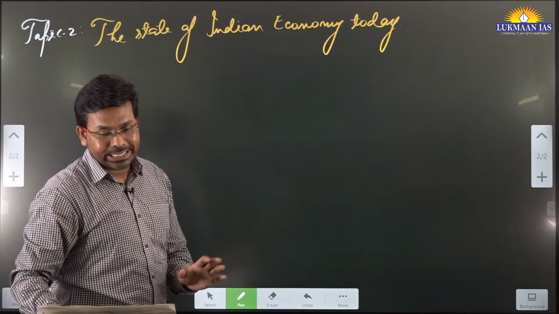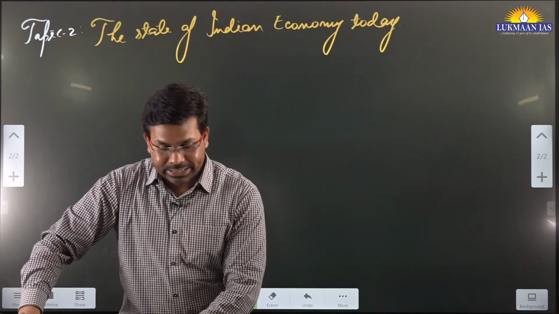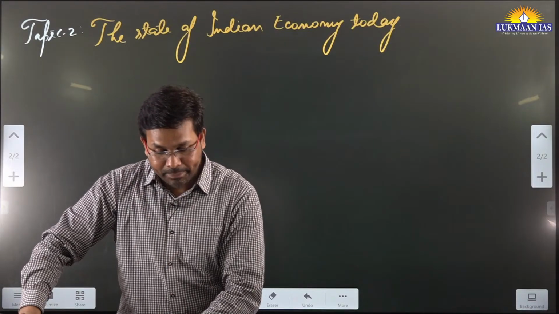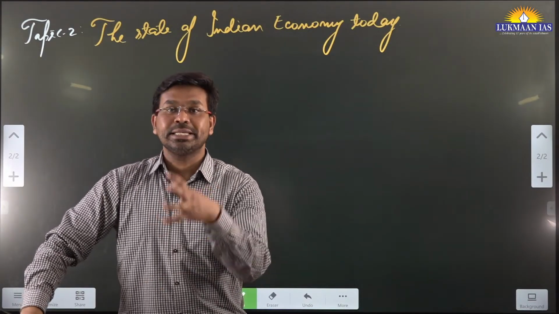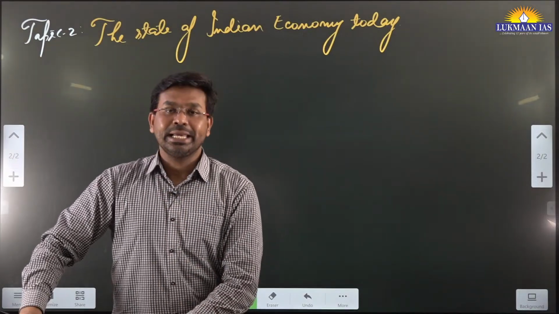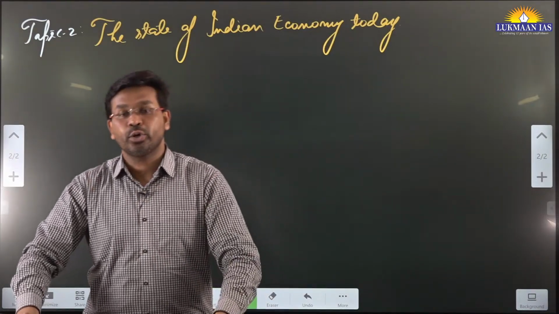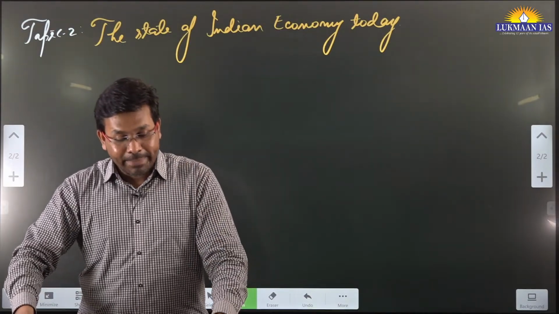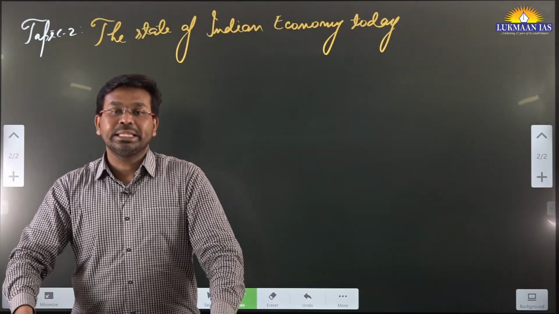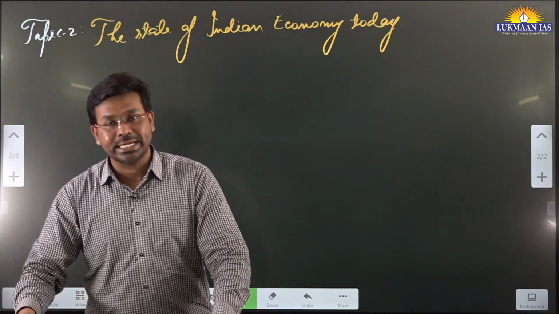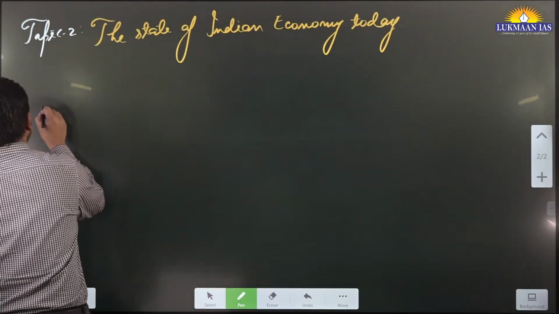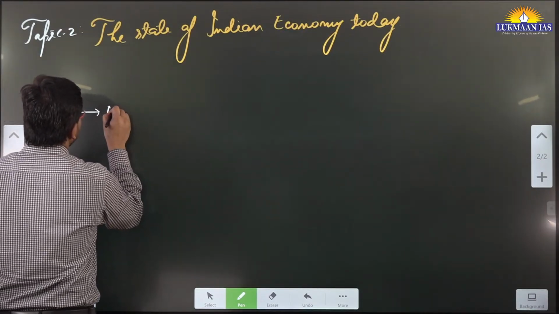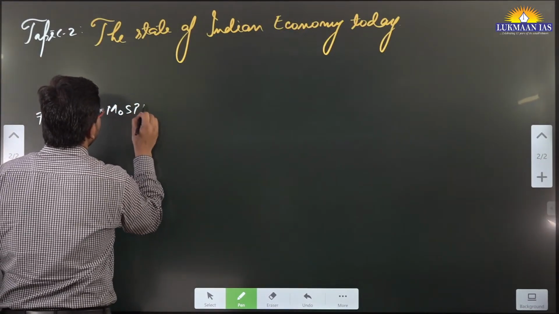Basically, in this article the author says that the state of the Indian economy today and its prospects have to be based on mathematics and statistics. If we talk about the state of the Indian economy, we need to be backed by statistics and mathematics, and for this there is an organization known as the National Statistical Office, which works under the Ministry of Statistics and Program Implementation.